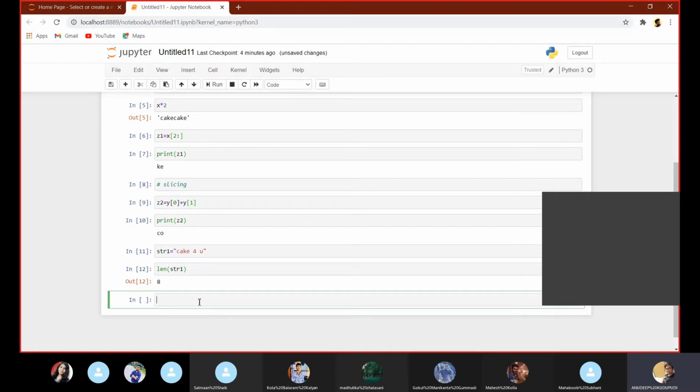Here in this length, the space is also counted, so for that reason it gives the value of 8. We can also check whether a string consists of only digits. For that, we have to write one code.